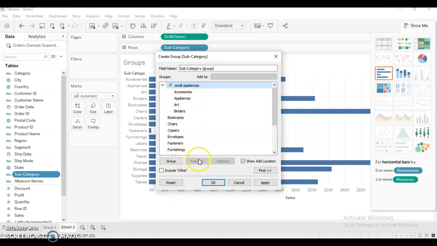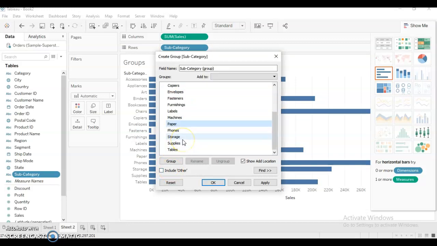You can see the group has been created with these four subcategories. After clicking OK, I will see a bar graph with small appliances as one of the categories along with the others. But before that, I'll show you the other functions in this dialog box. Suppose you want to add paper to this group.